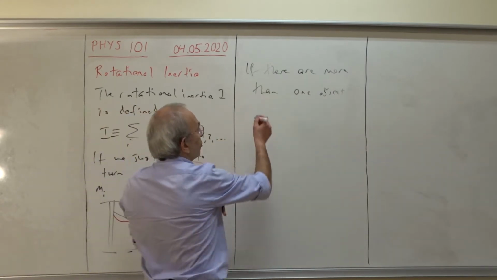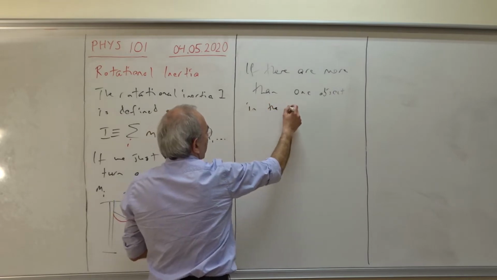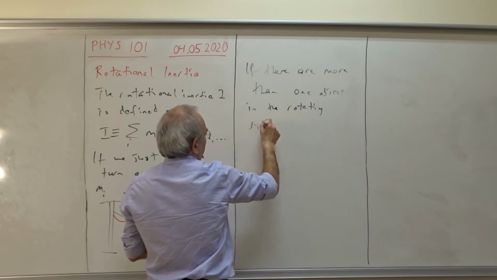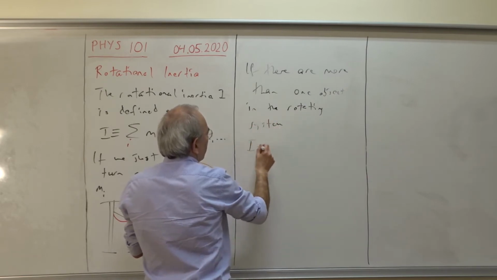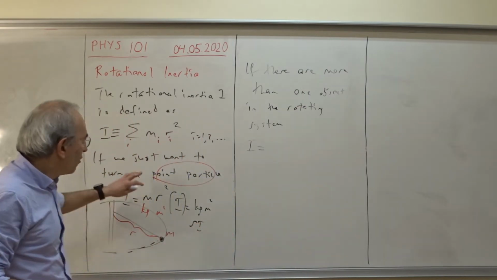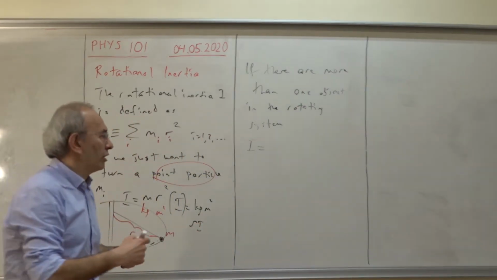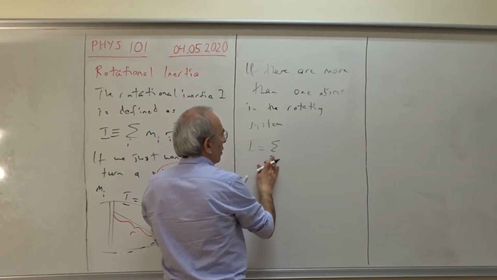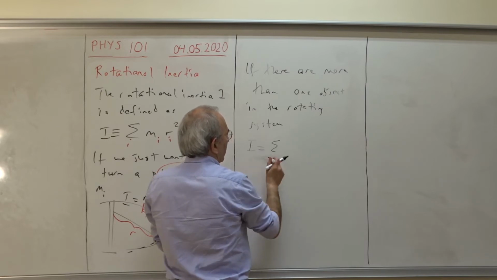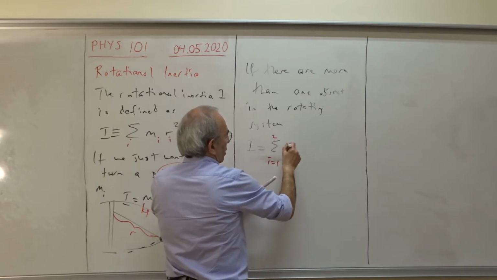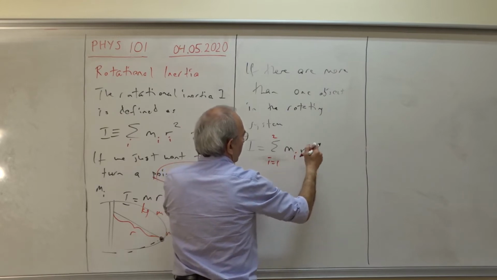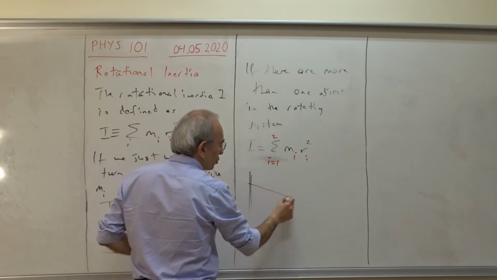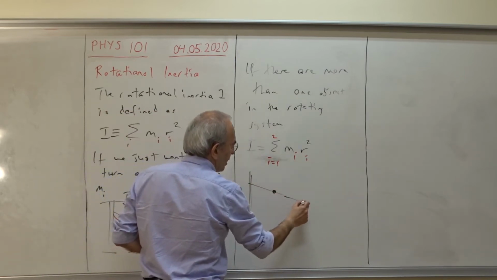If there is more than one object in the rotating system, I will be the sum of the two terms: m1 r1 squared plus m2 r2 squared. So I is equal to the sum of m i r i squared, i from 1 to 2. So in this case of two balls, one ball is here and one ball is there, and this